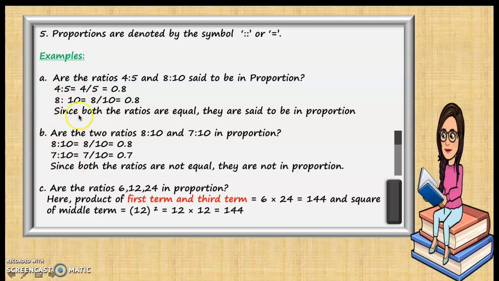In the first two examples we saw, we had only two components or two ratios. But here we have three components. In such a case, all that we have to do is multiply your first term and the last term, that is your third term, and the resultant answer should be the square of the middle term. Example, 6 into 24 is 144, and 144 is 12 square. That means again 6, 12 and 24 are in proportion. Cool. These are very small examples that will help us in understanding the meaning of proportion.